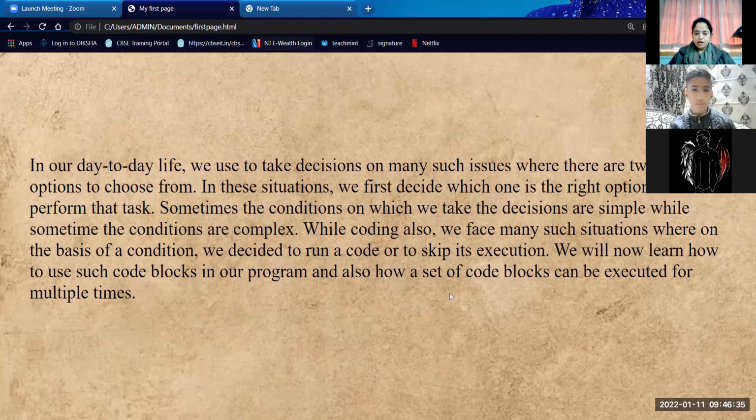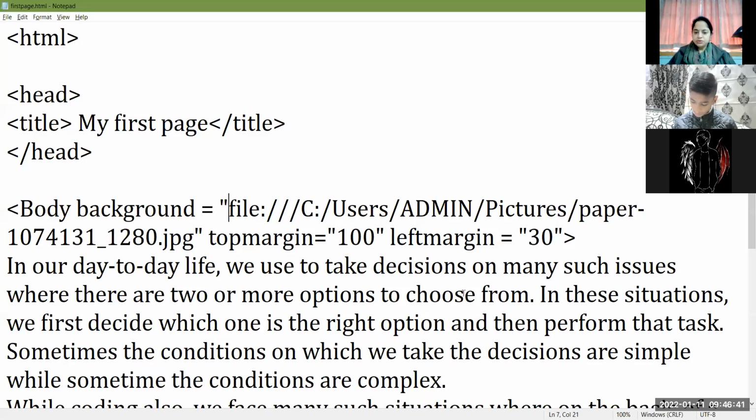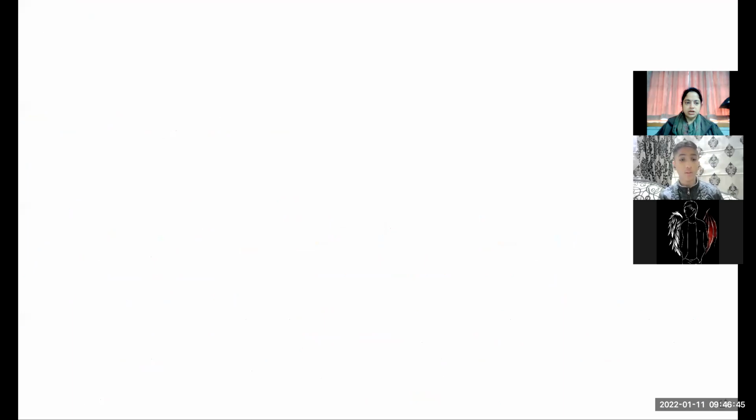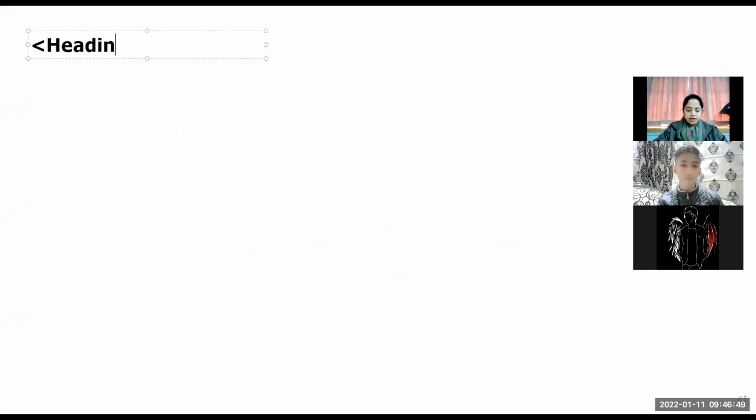Okay. Now, today we are going to learn some new tags. Those tags maybe you had learned in the previous class also, but we are going to learn them again. First tag that we are going to use is the heading tag. Heading tag is used to specify the different headings in the web page.